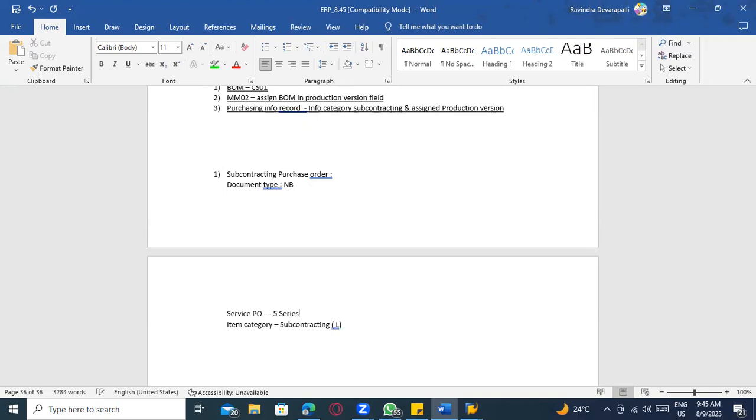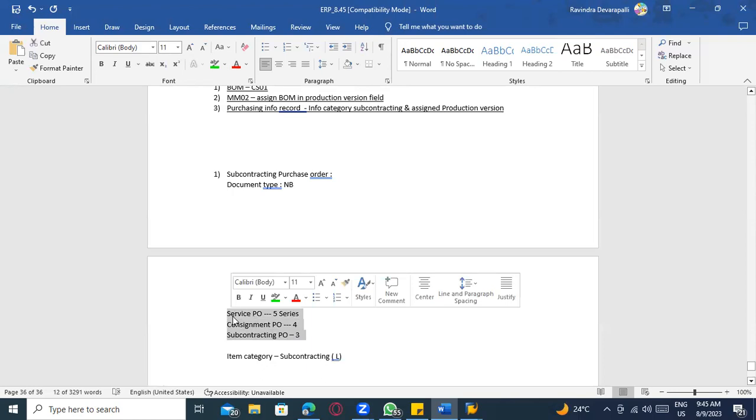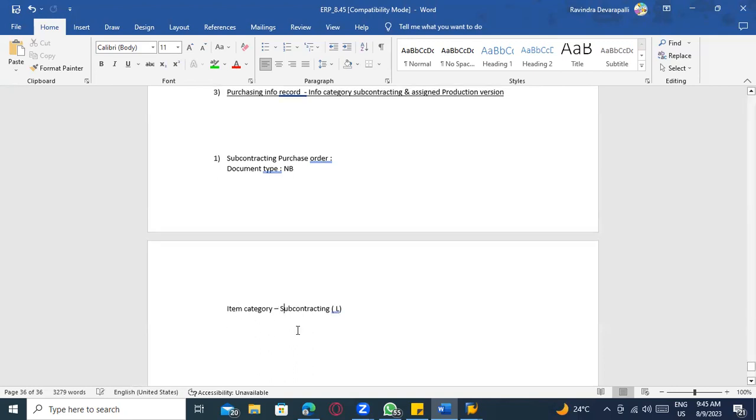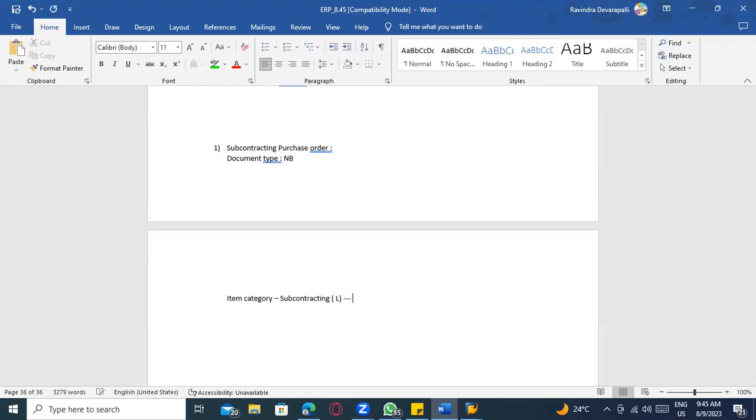Okay, and if I am creating the consignment PO, then this consignment PO should start with a 4 series. If I'm just creating the subcontracting PO, then it should start with a 3 series. So you can justify that if the client requests separate number ranges, in that case you can say that I can create a number of document types, because I cannot create again the subcontracting also if there is any internal job work, or an external